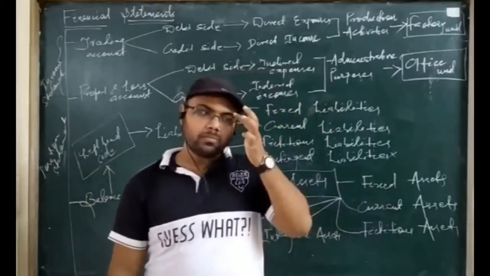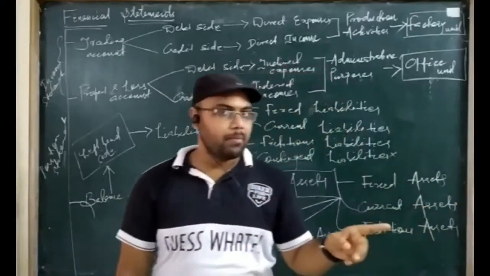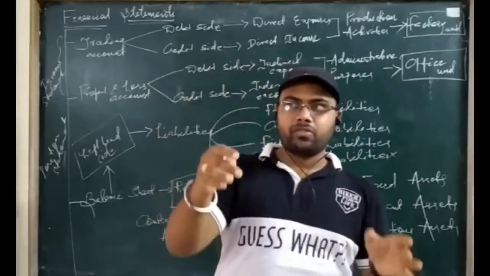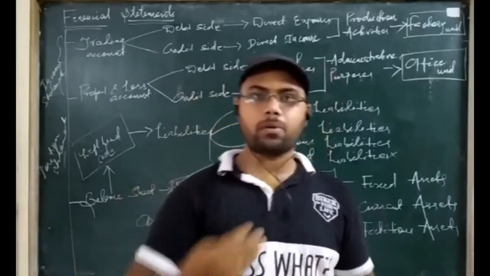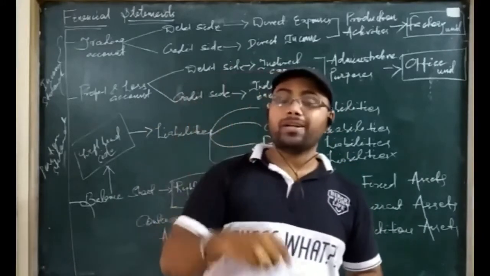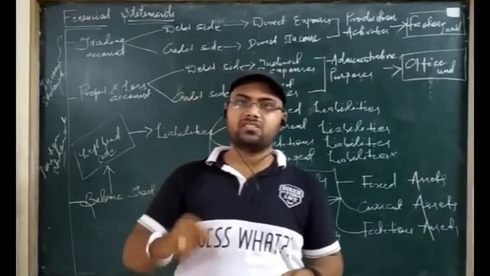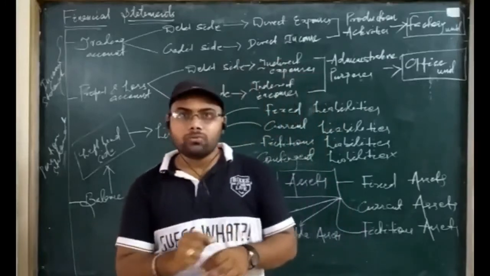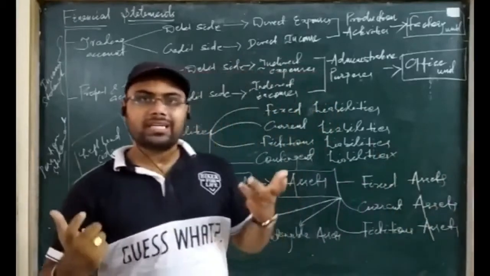So contingent liabilities may take place in business organization, but you don't record them in the liability side of balance sheet, but in the asset side of balance sheet by way of reduction from a particular asset. We do not have to come across certain items regarding contingent liability now. When it comes in the problem, I will explain again properly with necessary effect and treatment. But coming to contingent assets, they have very less chance of occurrence in the business, that is 0.001. So contingent liabilities may occur in the business, but contingent assets have almost no chance to occur. Okay, very less, 0.01 or negligible chance for occurrence of contingent assets.